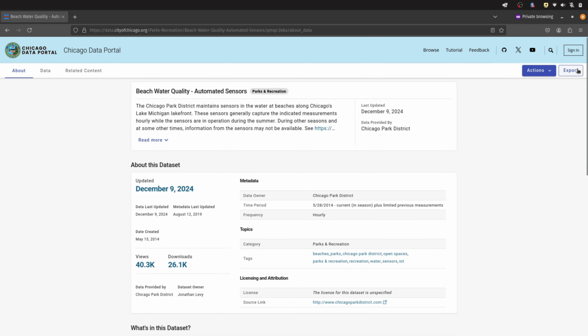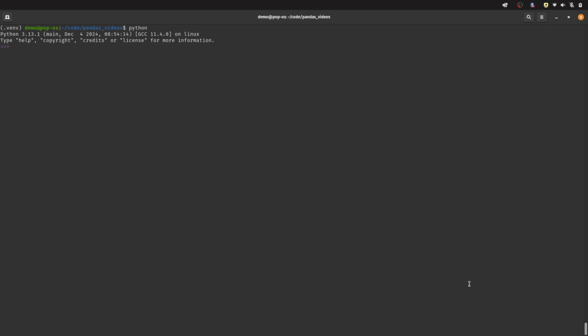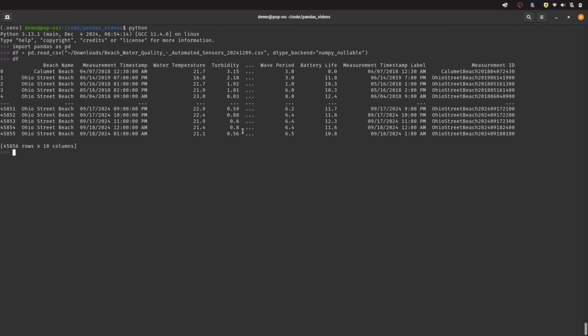In this video, we're going to look at some PyArrow temporal types in pandas. So let's start by downloading a dataset from the Chicago data portal that has date-time information. We'll load this into our pandas data frame in the typical fashion, and we're going to look at the measurement